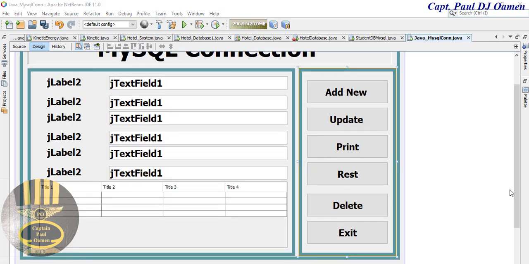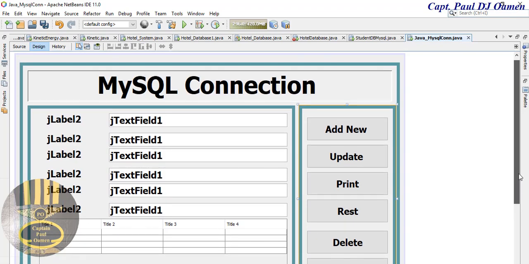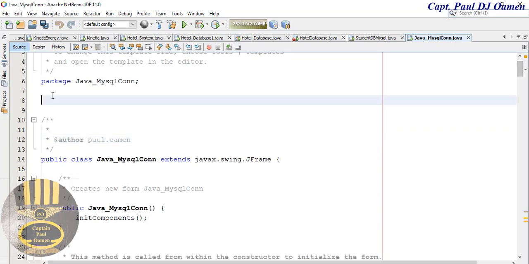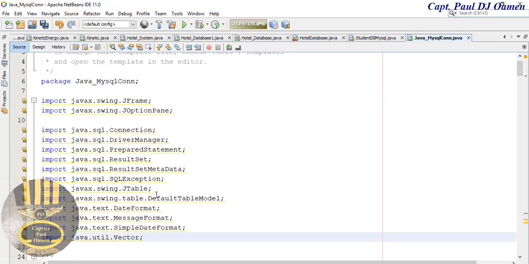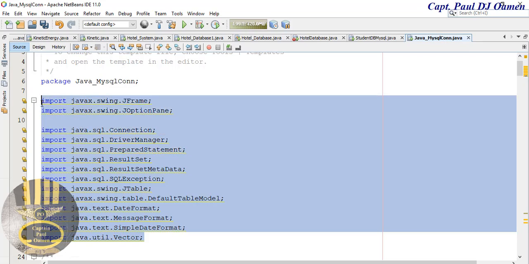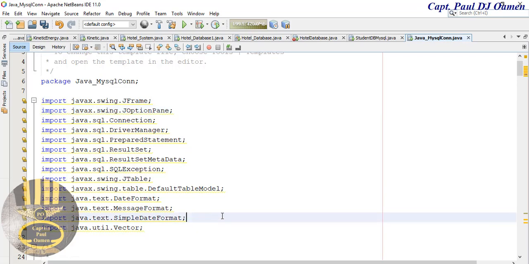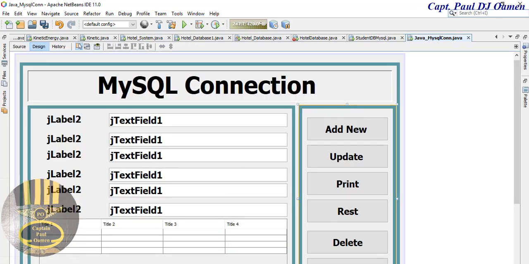Okay, let's start work on the coding, but before then I think maybe I should first of all just come in here and import the following library. So let's write underneath here. I'm going to need those libraries, so take a good look at them, guys. They are all needed for this project. Now I'm going to come back to my design view here and let's complete something,